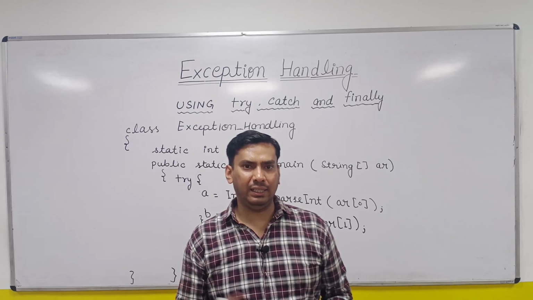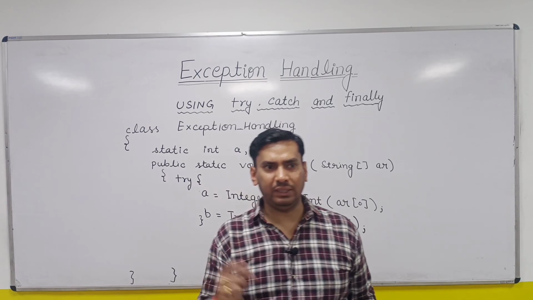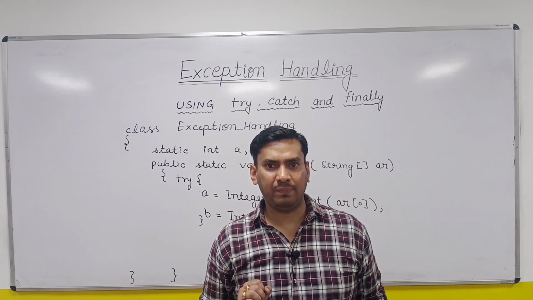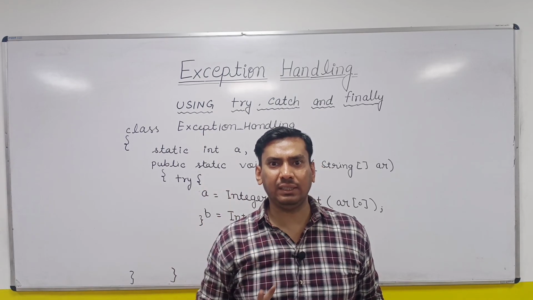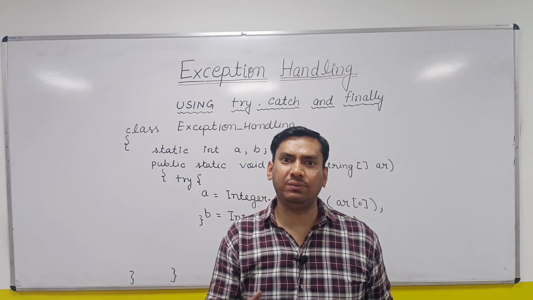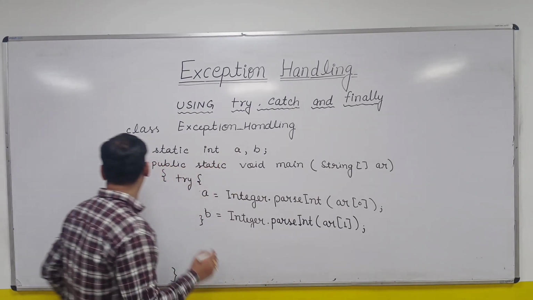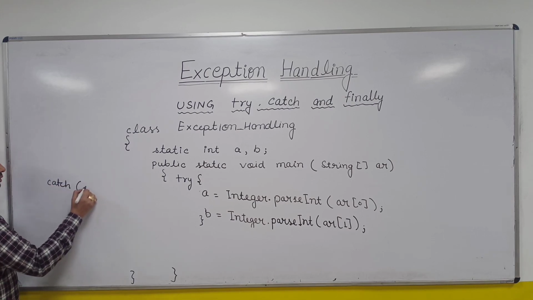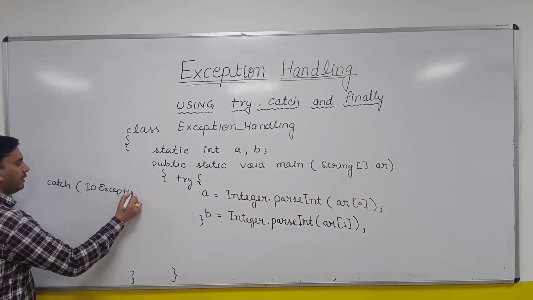Like, there are certain exceptions which have a child-parent relationship. So the first exception pair is IOException and FileNotFoundException. FileNotFoundException is a child of IOException. So let's say I have to write two catch blocks, one for FileNotFoundException and one for IOException. Which exception should be written on top? I'll be writing one catch block for IOException, right?